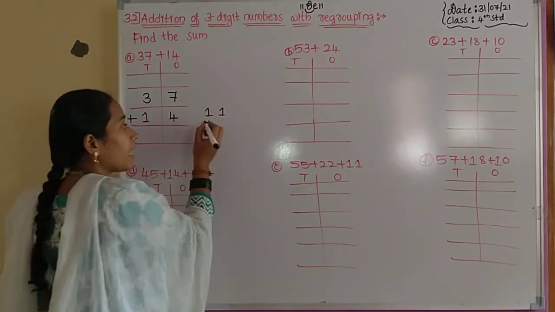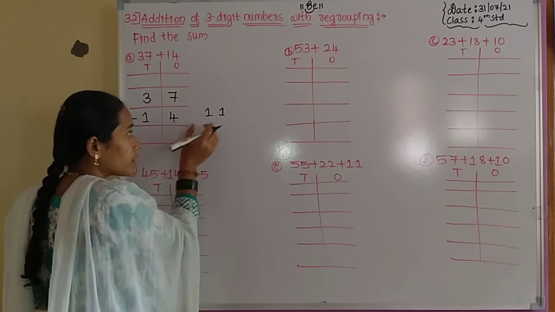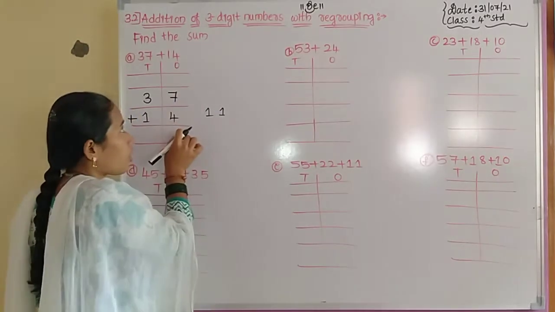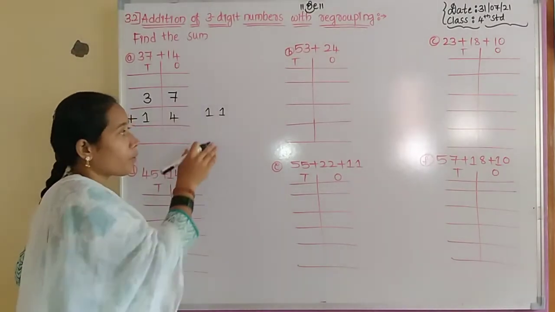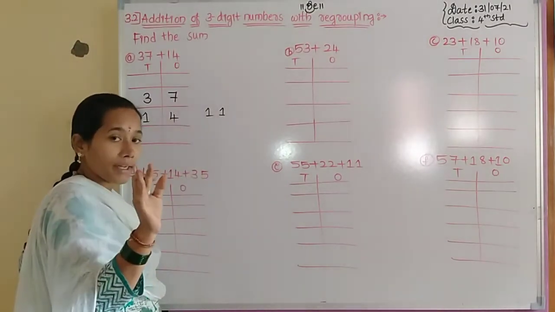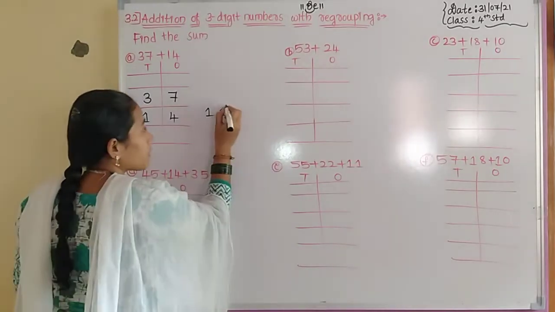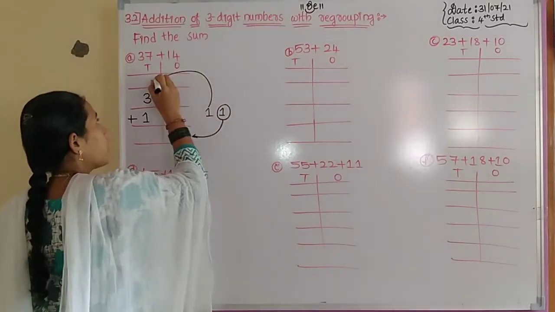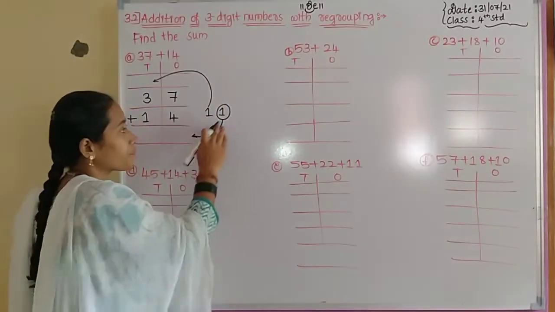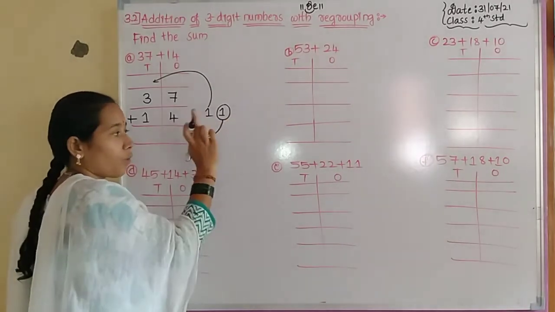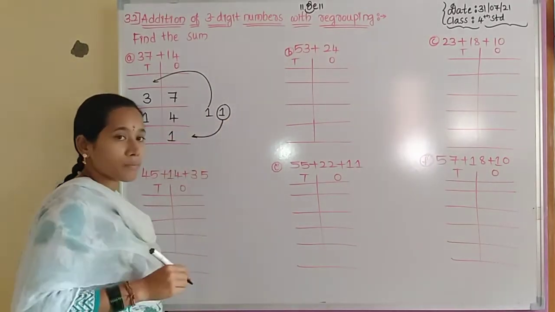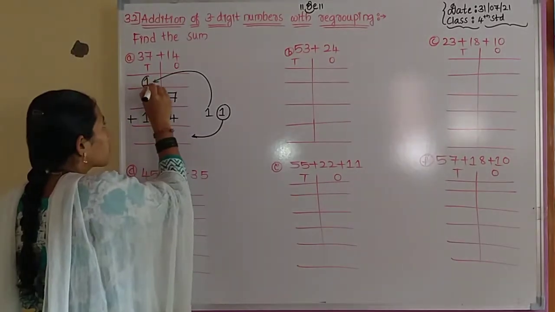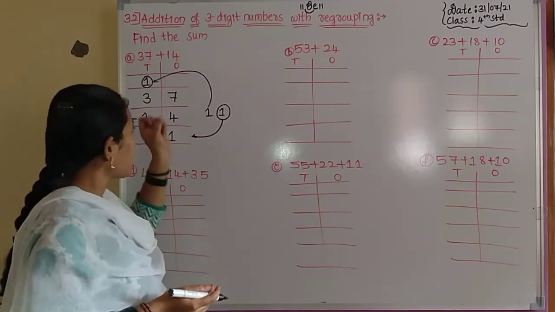Okay, in 11 don't write the whole number 11 here. In the column of the ones we don't write both numbers. We have to write only one number. Which number? The ones placement number we have to write here, and the tens placement number we have to carry to the next placement. Okay. So in the ones placement which number is there? 1 is there. So write it here. In the tens placement which number is there? There is also 1. So 1 is the carry for the next placement. Okay. Then the ones placement is over.